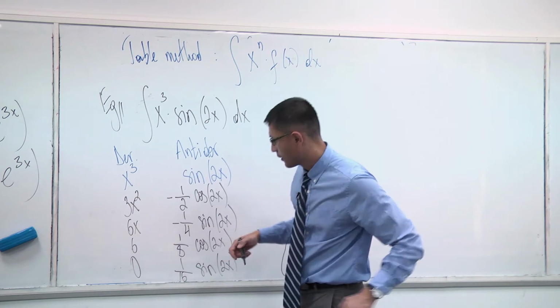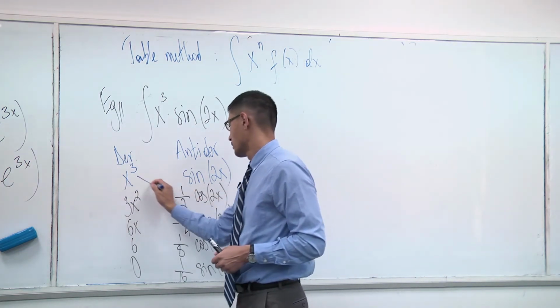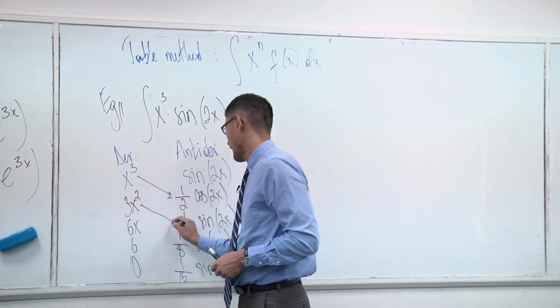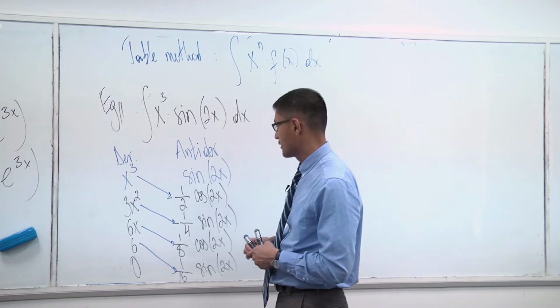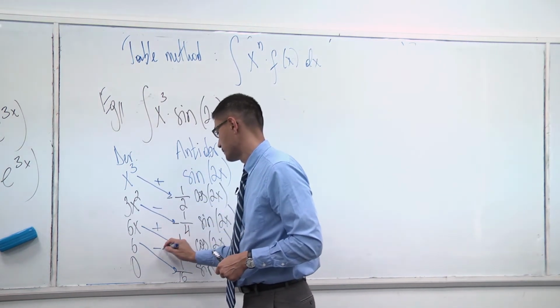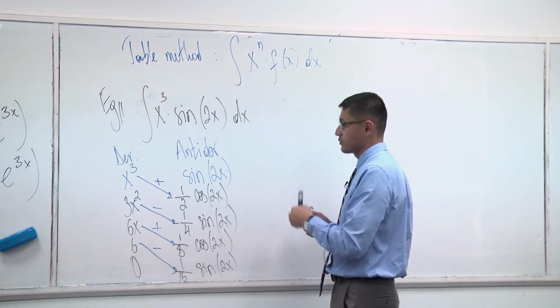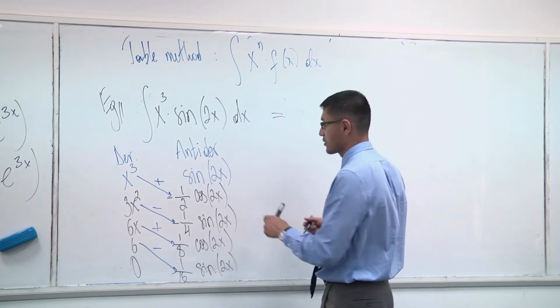Now we draw diagonal arrows. Again, diagonal arrows, not straight arrows. And starting with a plus sign, we put alternating signs. And again, the arrows represent multiplication. So based on the table, our final answer would be